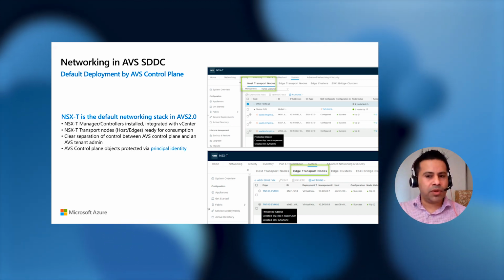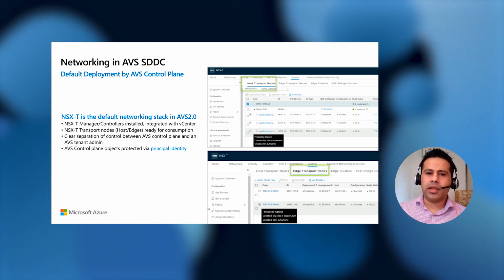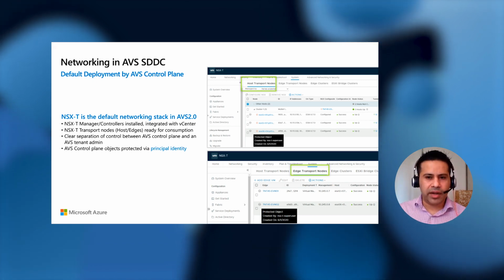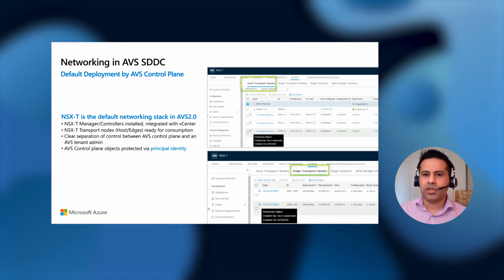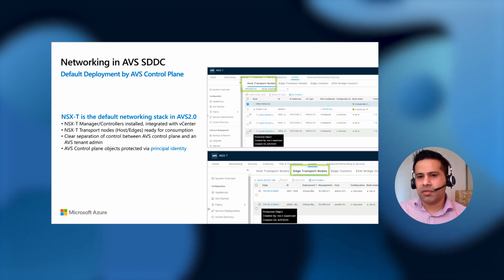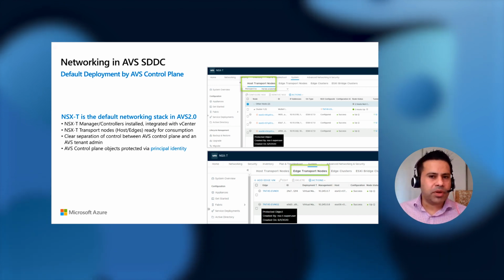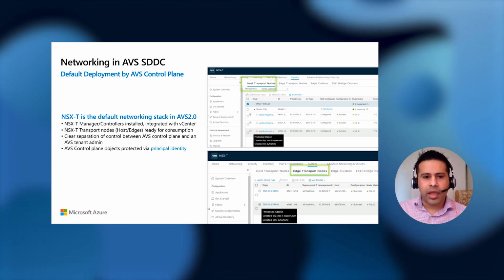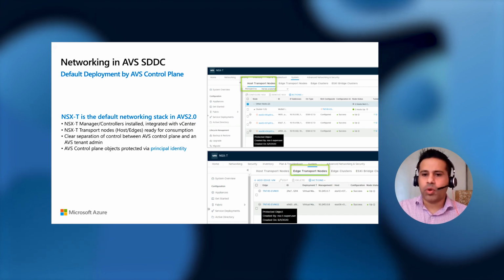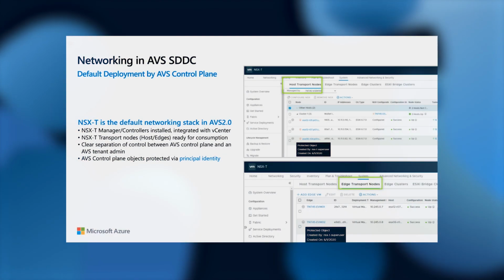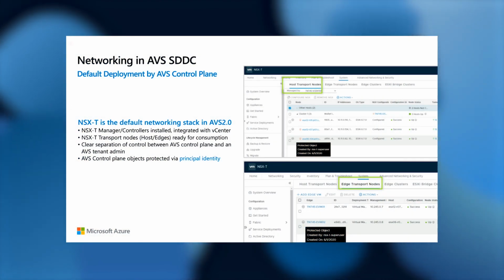Anything that we are deploying for you in terms of NSX, we are protecting by using principal identity so that a misconfiguration by a user doesn't cause a service level failure. So there is clear separation of control between the AVS control plane, what we did in the background, and an AVS tenant admin, what you would do. This is the system part of the NSX-T that we are doing for you.